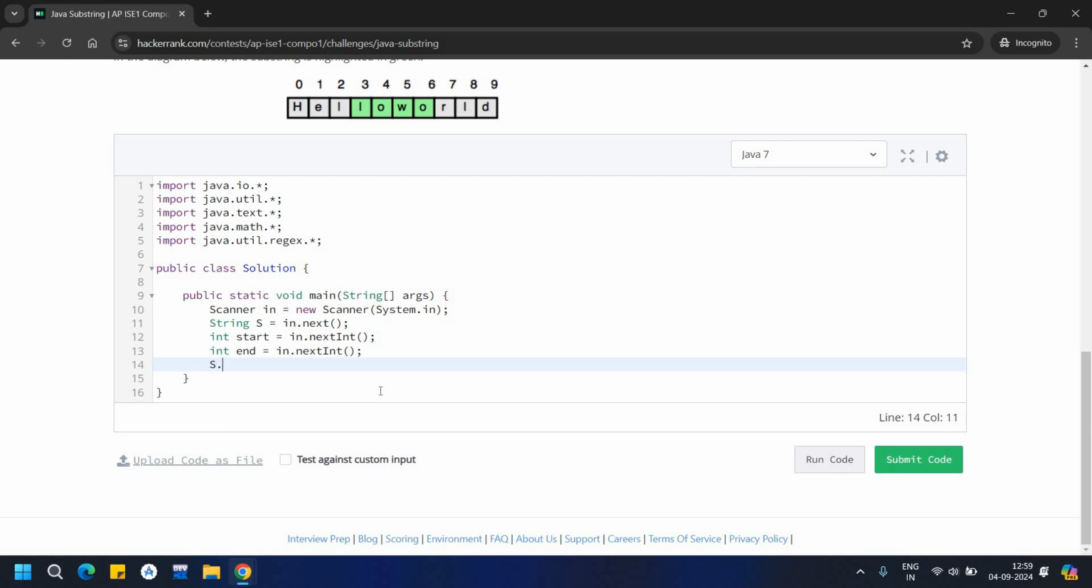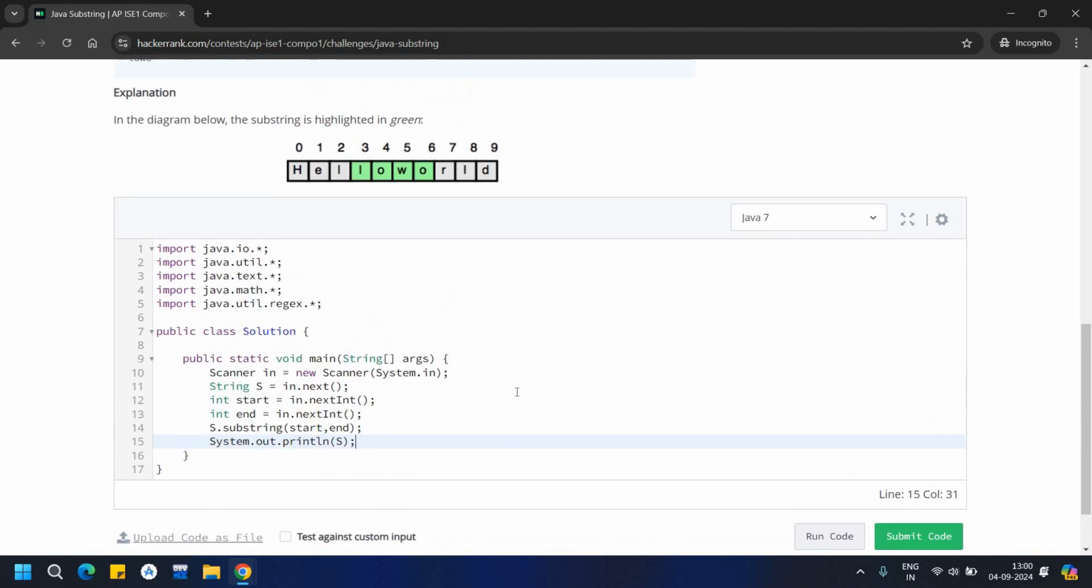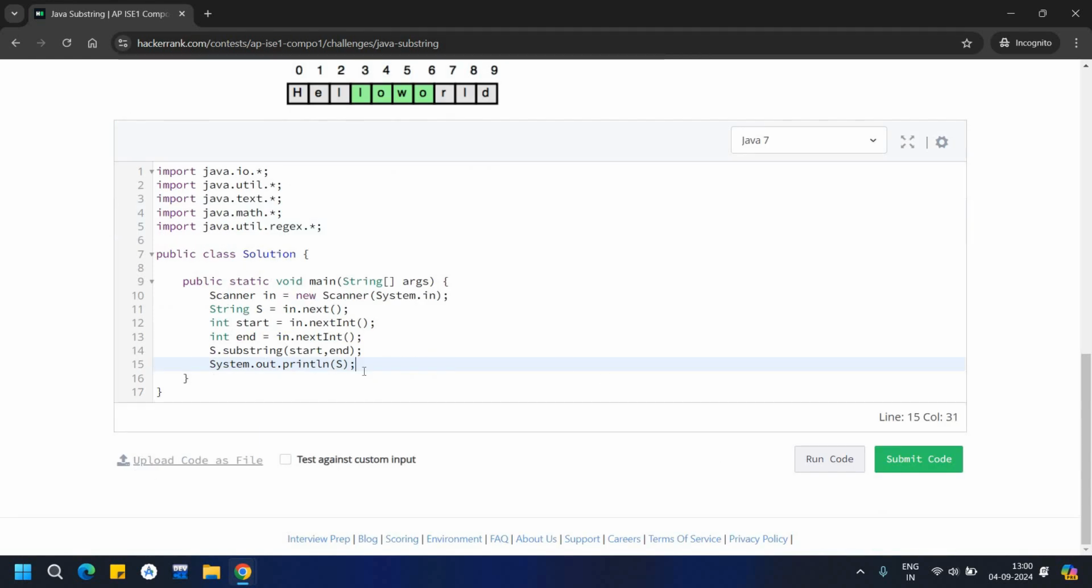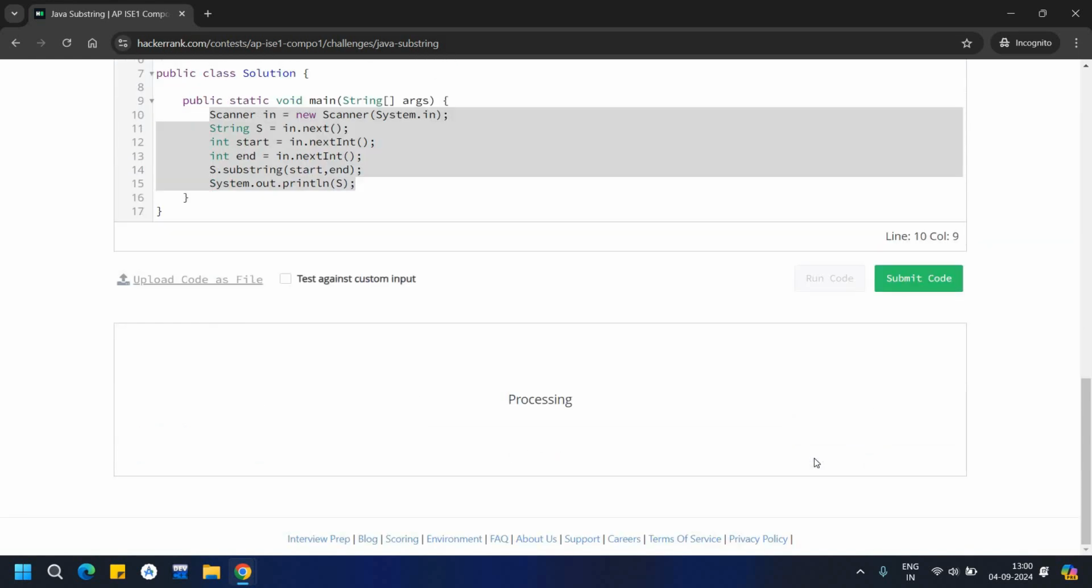So let's see how the students will write. The student will call the substring method, and then the substring will be from the start till end. And once this is done, we have to print the substring on the standard output. Okay, and once all the code is written, the student can test whether the current test case is running properly or not by clicking on run code. So I'll click on run code,